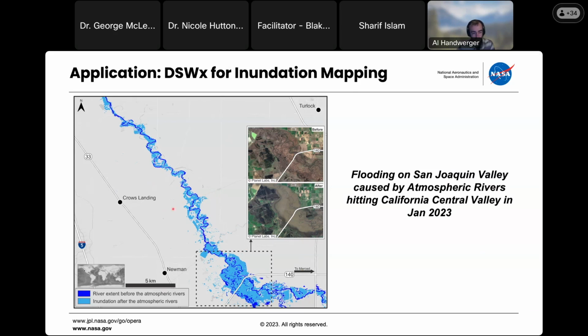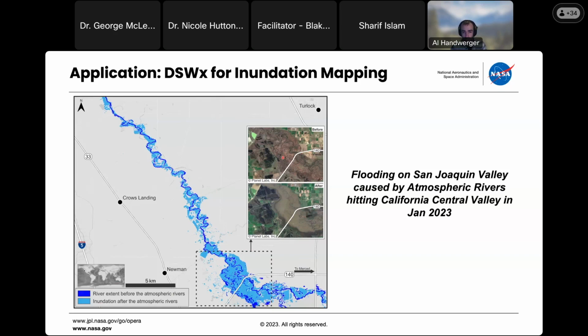On the map here, you can see the dark blue river channel. We took the water map and reconverted it into a flood type map, so we can see before and after events. It's not showing all the different water classes here. We merged them beforehand. So the dark blue channel just shows you the river extent before the atmospheric rivers, and the light blue shows you the river extent after the atmospheric rivers. So you can see the water spilling out here into the floodplain.